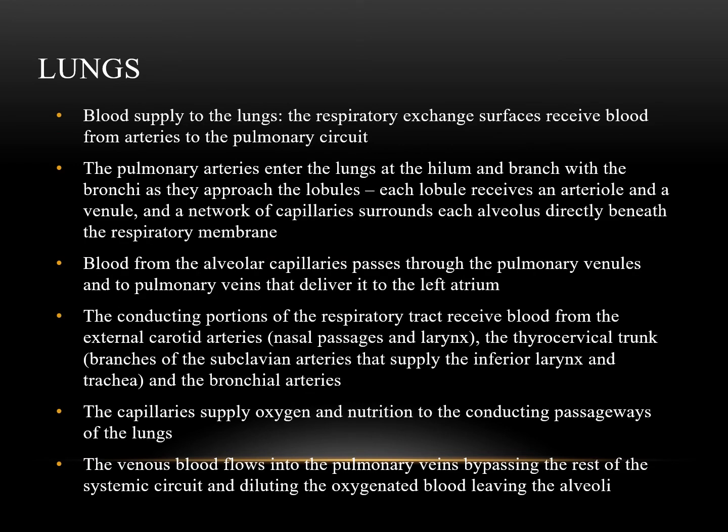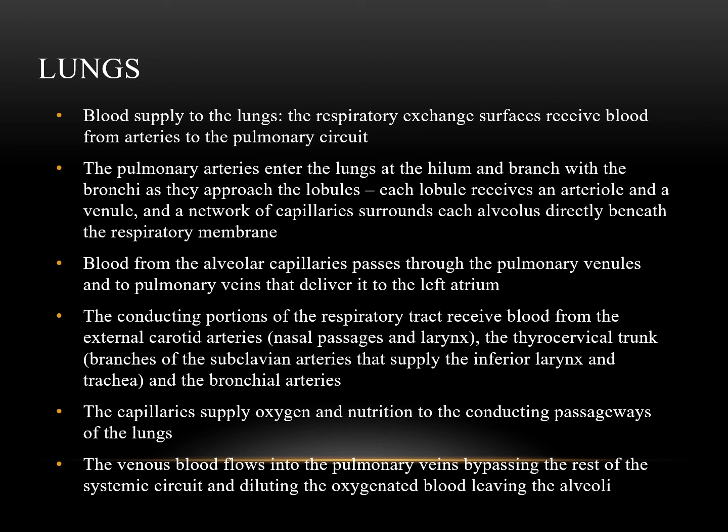Blood supply to the lungs. The respiratory exchange surfaces receive blood from arteries of the pulmonary circuit. The pulmonary arteries enter the lungs at the hilum and branch to the bronchi as they approach the lobules. Each lobule receives an arteriole and a venule, and a network of capillaries surrounds each alveolus directly beneath the respiratory membrane. Blood from the alveolar capillaries passes through the pulmonary venules into pulmonary veins that deliver it to the left